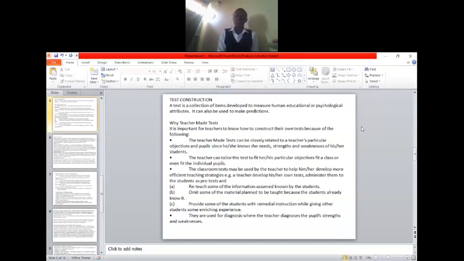The teacher can tailor the test to fit her, his, or particular objectives, fit a class, or even fit the individual pupils. The classroom tests may be used by the teacher to help him or her develop more efficient teaching strategies. E.g., a teacher develops his or her own tests, administers them to the students as pre-tests, and reteaches some of the information assumed known by the students, omits some of the material planned to be taught because the students